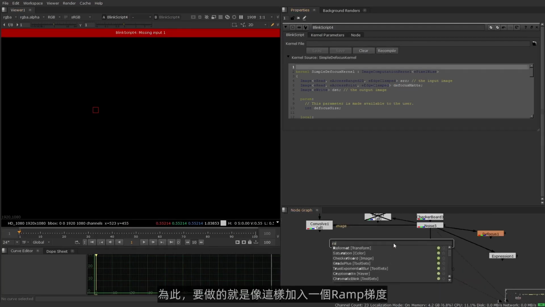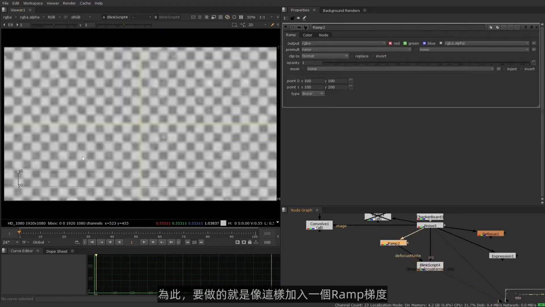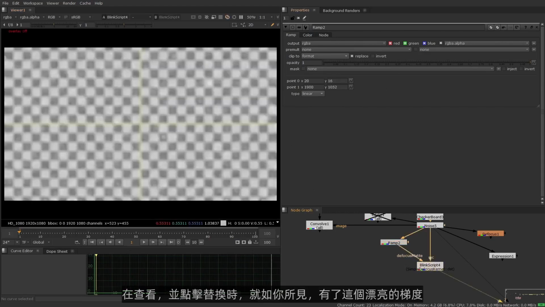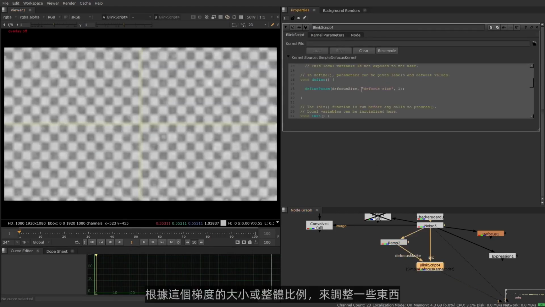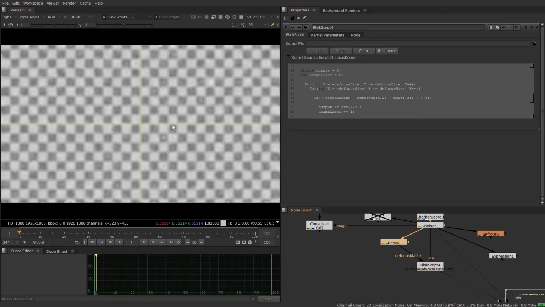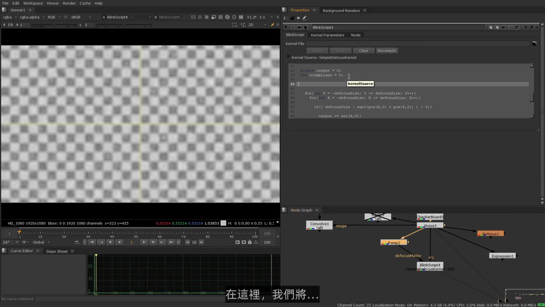And so what I'm going to do is grab a ramp like so, and set this to have a value of 0 over here and a value of 1 up here. So when I view it and click replace, you can see we have this nice ramp. And now what we need to do is say, okay, let's tweak a few things based on the size or on the scale of this ramp. And the way we are going to do that, and this is going to break a few things that we're going to solve in a second, is up here we're going to say